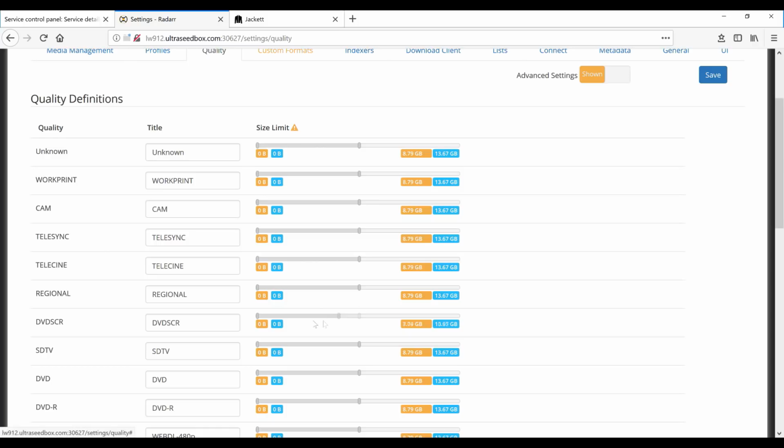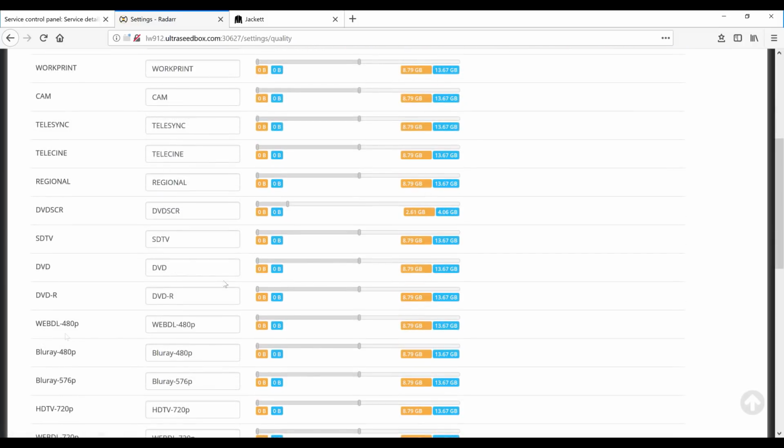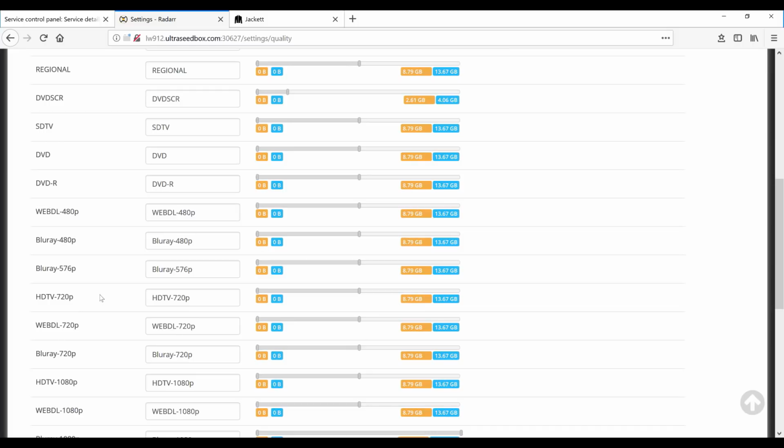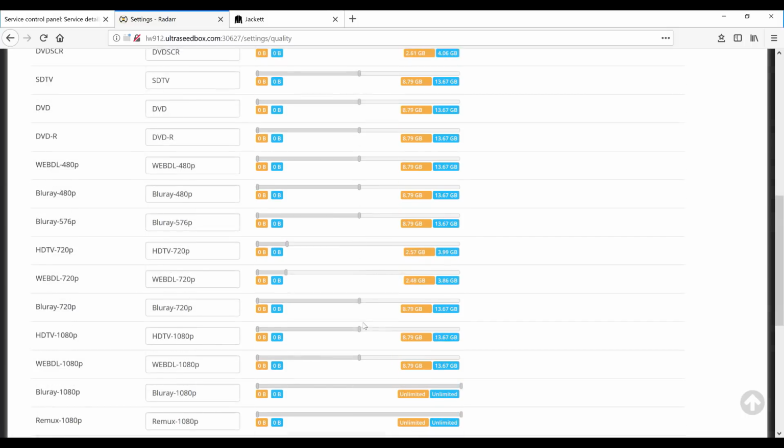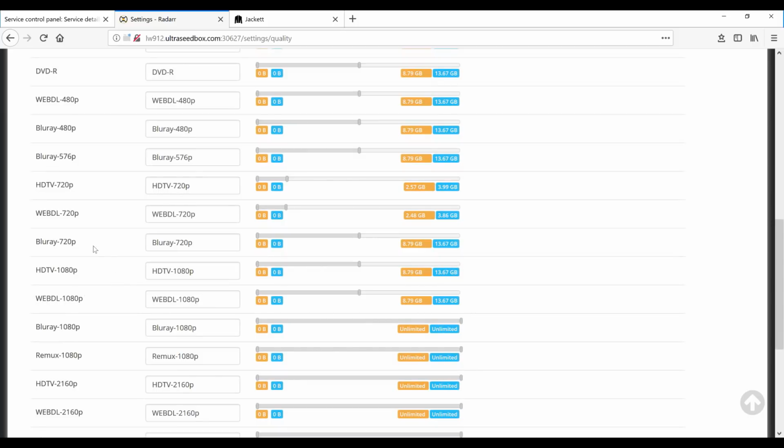So DVD screener, within here I usually just set everything as close as possible to 4 gigs. I'm not using any of these. I start at the HD 720 and I do the same thing, close to 4 as possible. Web download, same thing. The one thing that I do take a look at is that, with previous experience, Blu-ray has always been a little bit more in file size. So for the Blu-ray 720, I tend to go as close to 6. And then right back to the 4s for the rest,